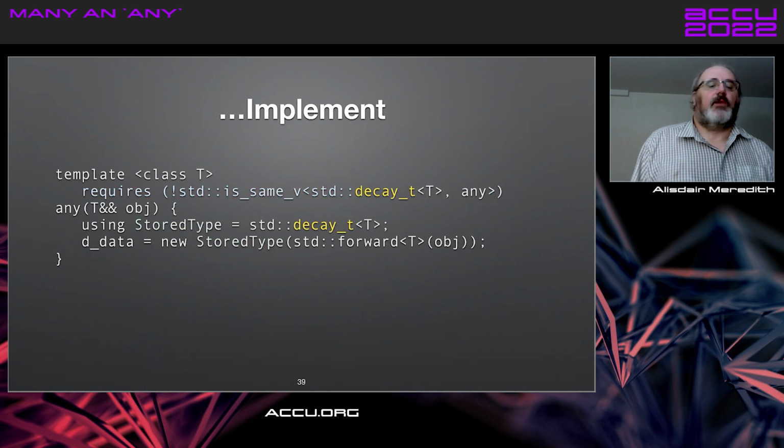And in practice, what we want to call here, and what the standard specifies, is std::decay_t of T, that in addition to removing the CV reference qualifiers, will also decay functions to function pointers, so we can store function pointers intuitively, but it also decays arrays to pointers to their first element. So if we try to store an array in an any object, what's going to happen is it's going to decay the array to a pointer, store a copy of the pointer,